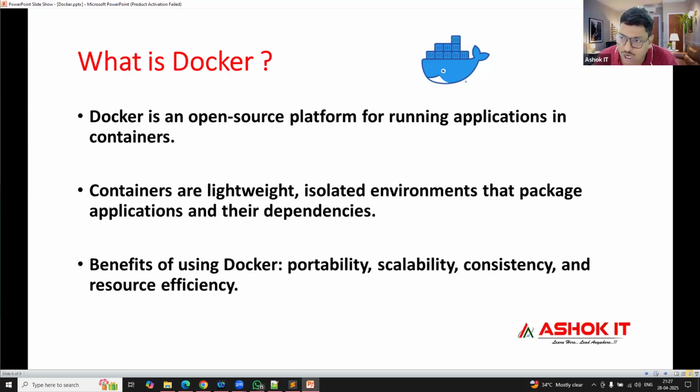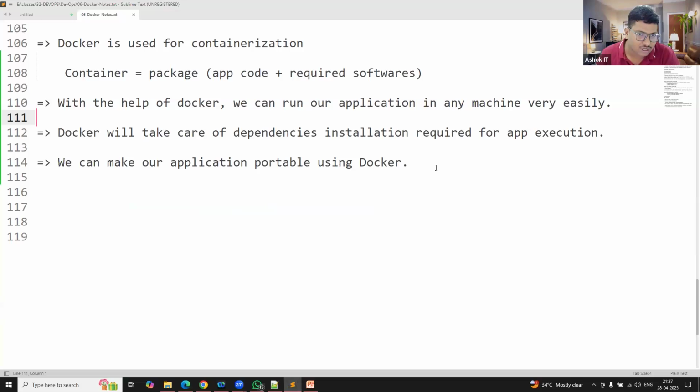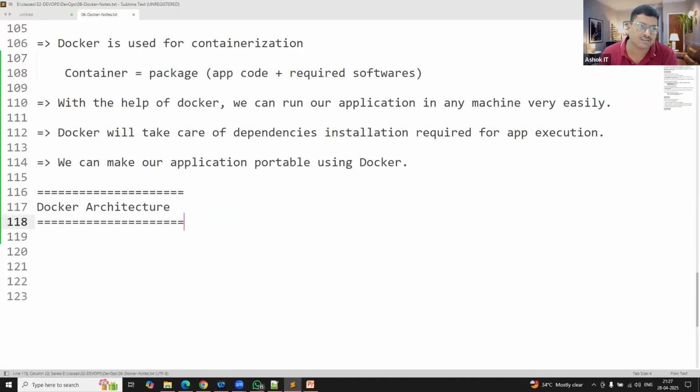Okay, how is this Docker going to work? For that, we need to understand Docker architecture, and how Docker is going to make our application deployment easy.